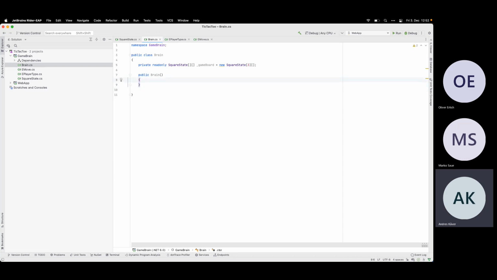So how does our game start? When I initialize the game brain, let's start from somewhere. E player type, player 1.